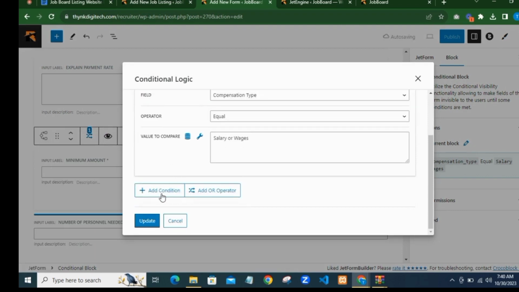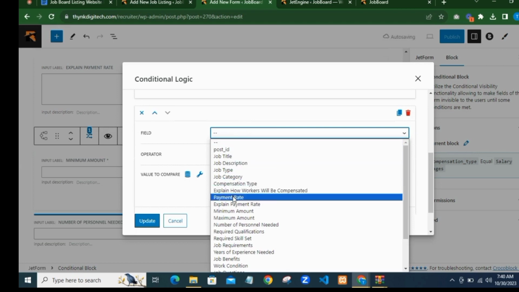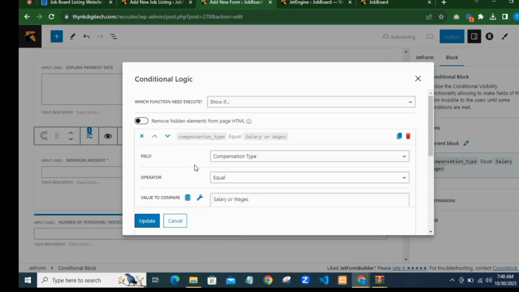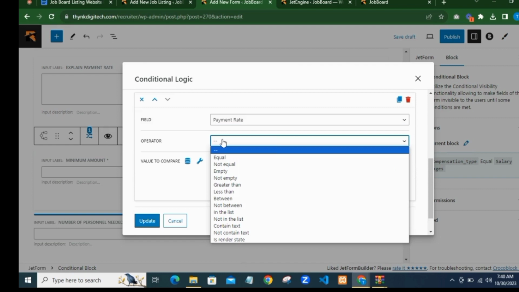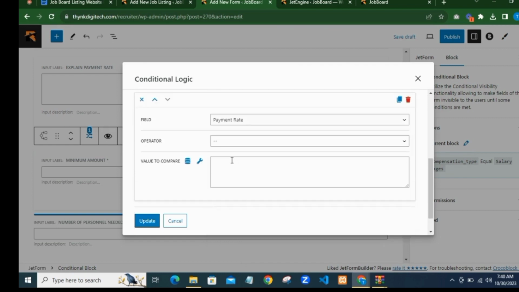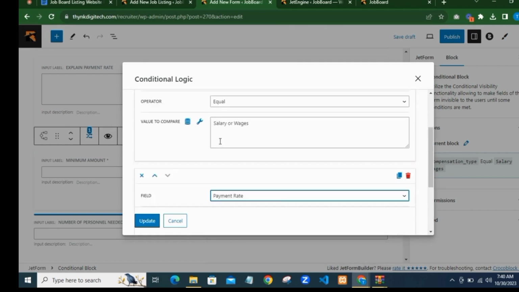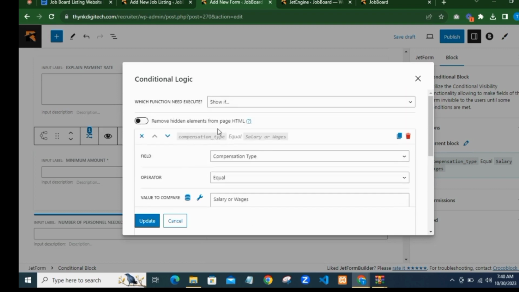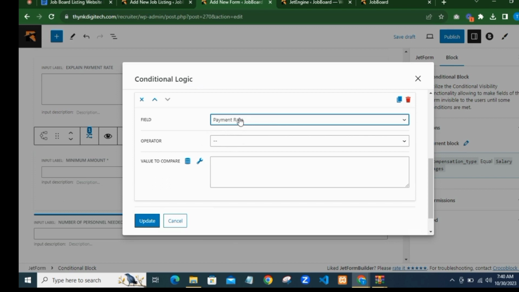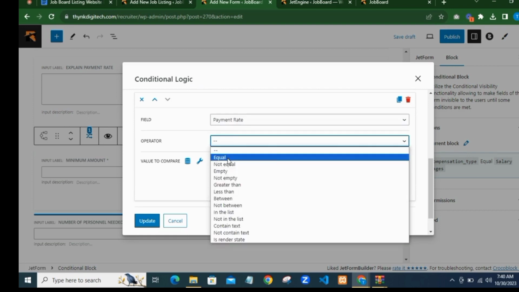So you can see add condition. So I'm going to add new condition and say show if, or no, it's going to be hide. Because we've used show if, so we might need to set many conditions here that says if payment rate is equal to,